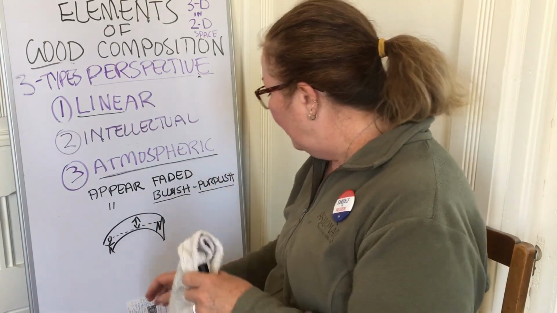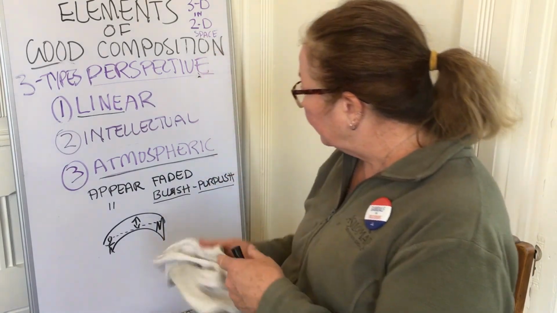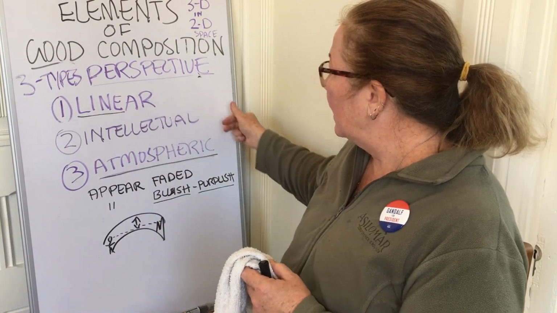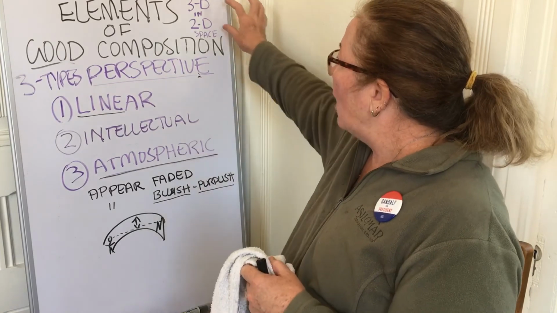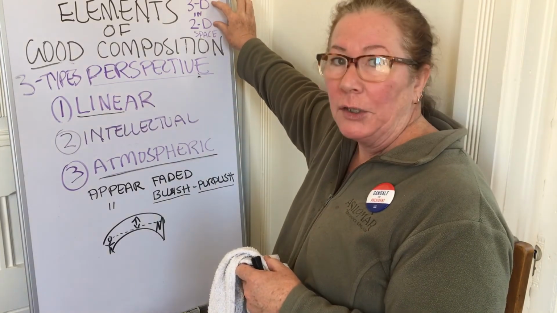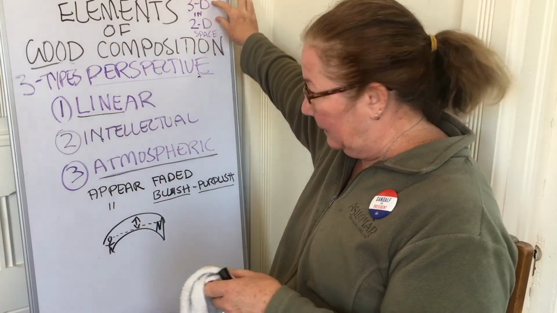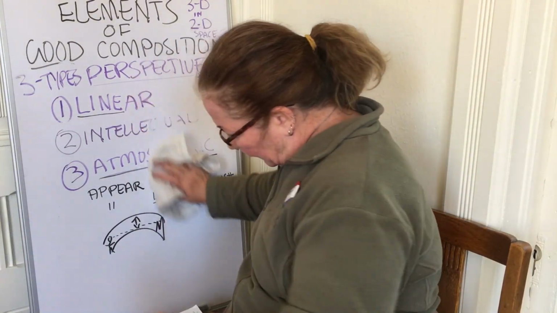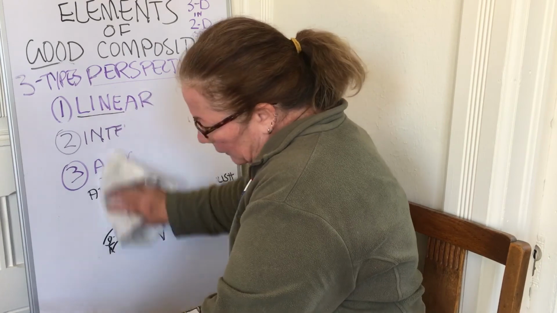Kind of fun, right? So those are the three types of perspective: linear, intellectual, and atmospheric. And they all help us to describe 3 dimensions in a 2-dimensional space, right? And so let's go back for just a sec, and we'll talk just a little bit more about good composition,